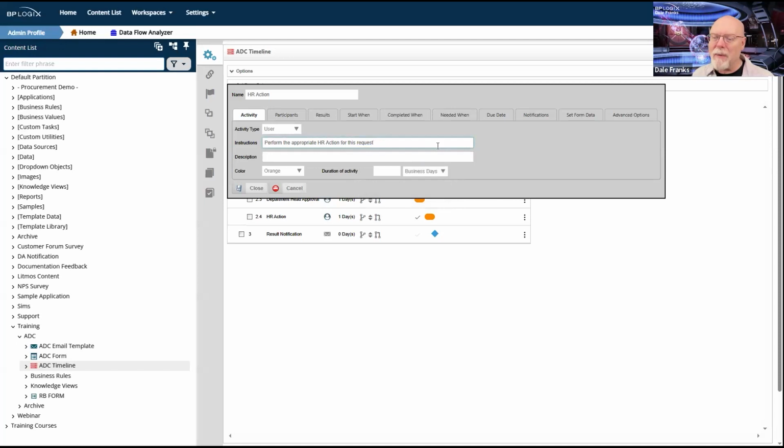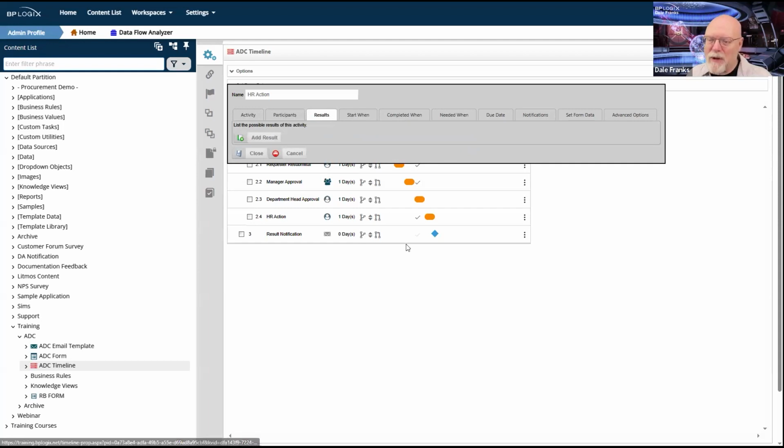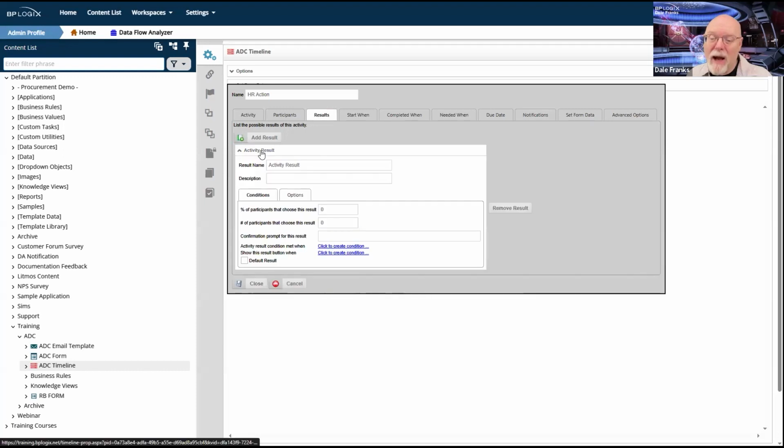It could be a complaint, which means I got to do something else. Who knows what it is? So I can only say perform the appropriate HR action, but that's good enough. That's what I need. Not setting any participants here, although in a real application we would. But we do need to add results. Actually, we need to add a single result.